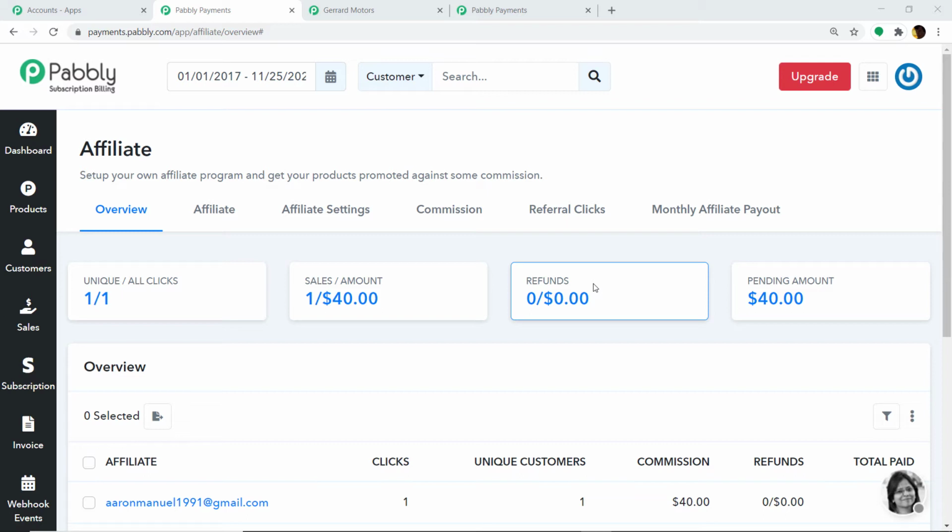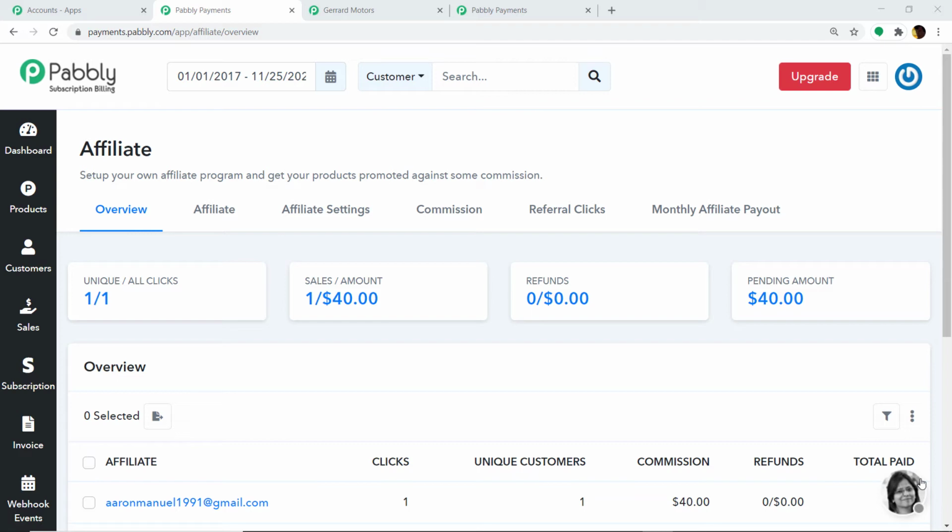Now this is a newly created merchant account. I actually created it in front of you, so many details I want to explain to you won't be available because of the lack of historical data. We actually need some historical data to make you understand the concept of filters, commissions, editing commissions, referral clicks, monthly affiliate payout, and so on. So I'm going to present to you an old account that I have been using for some past months.